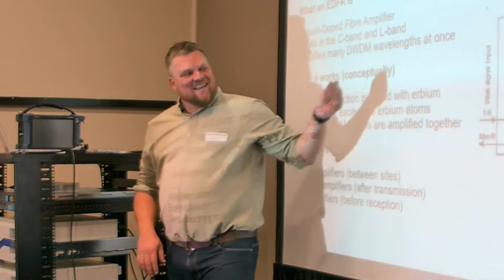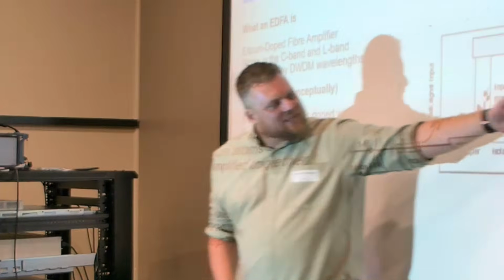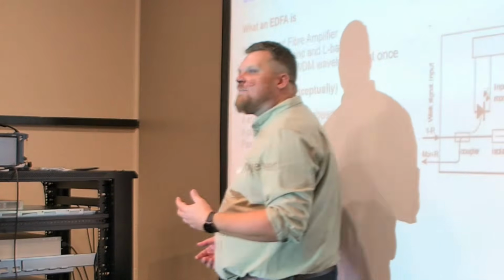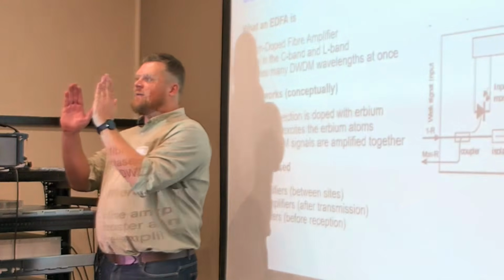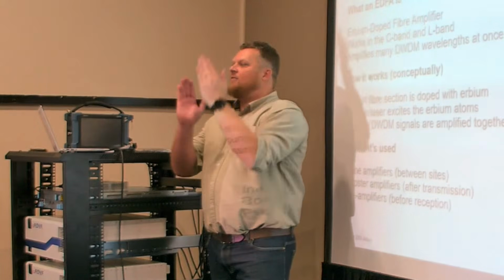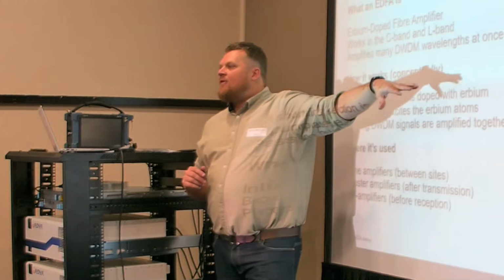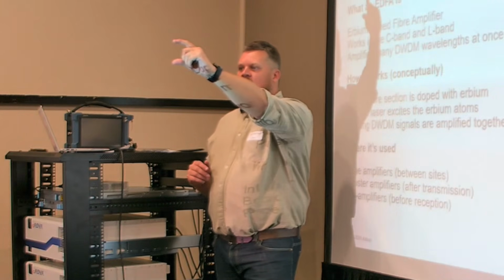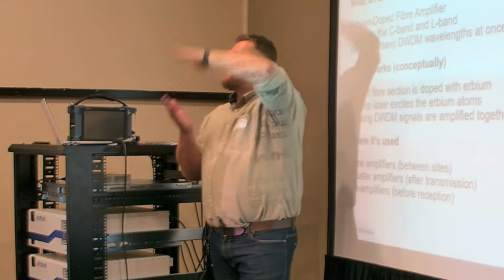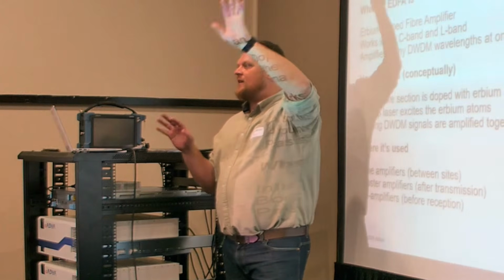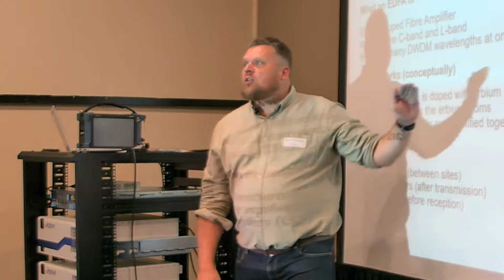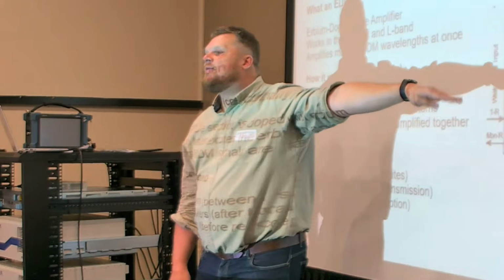So pretty simple, right? And then it leaves the fiber. Then you will see there's an isolator and a coupler. And these isolators and couplers will typically also be fixed to the spectrum, so as to not allow anything outside the spectrum to influence it. So you'll see amplifiers will be set to a specific band. And it will only stay in that band, and anything outside that band would get cut off, would get ignored. That said, like I said, if you've got noise on your fiber, it's going to amplify the noise as well.